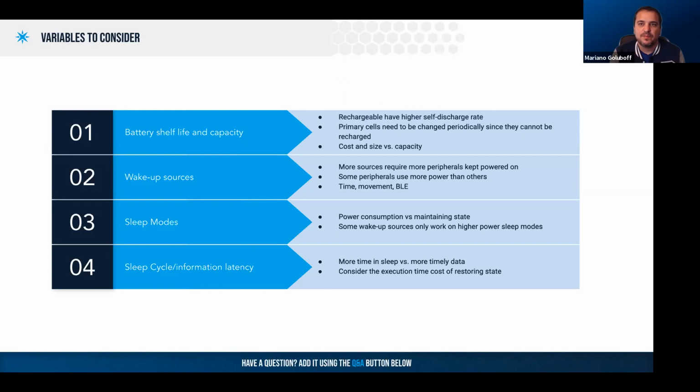Some sleep modes, for example, might consume a little more power, but keep RAM powered up, maintaining system state. This might be beneficial for your application, as you could, for example, make a partial wake up without the cellular radio on to collect data over time, and then upload the data at a later wake cycle. Since the modem uses the most amount of battery, this kind of application will preserve battery. Again, you need to make sure that your asset tracking system can support these kinds of decision points, whether you're doing a partial wake up or a full wake up.